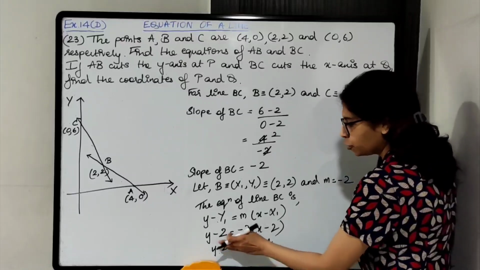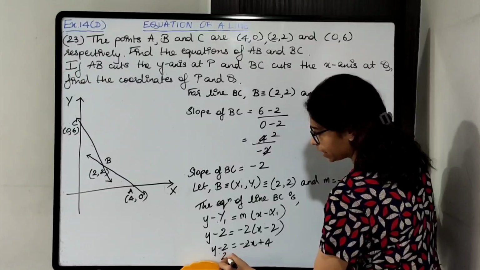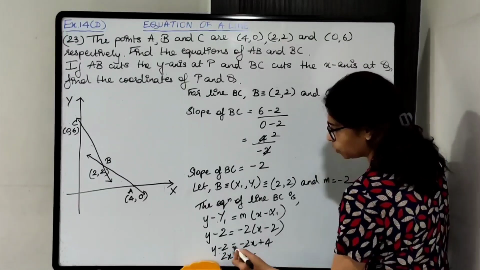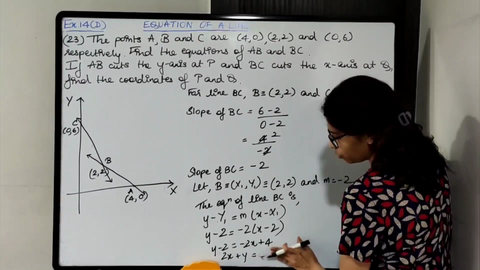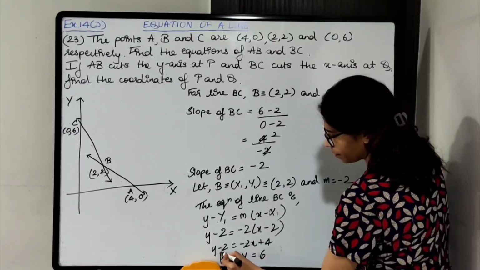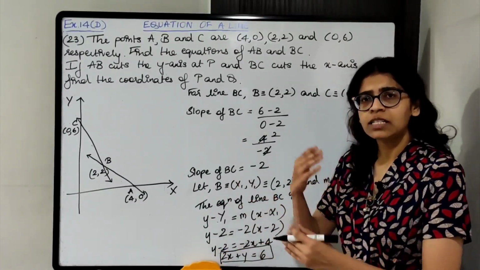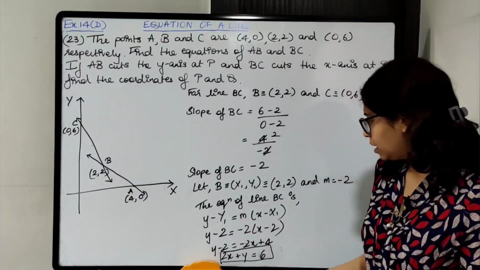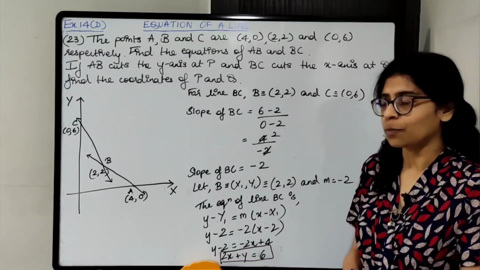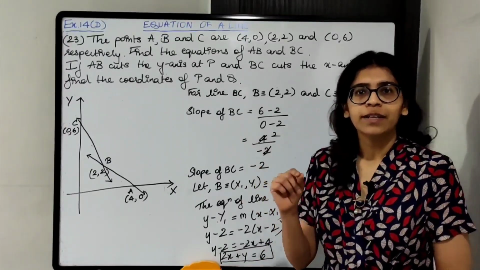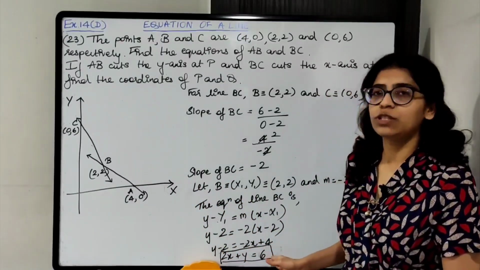2x negative है, so I am going to shift 2x over here and 2 we'll bring over here. So 2x plus y is equal to 4 plus 2 हो जाएगा, that gives 6. So 6 हो जाएगा. This will be the equation of line BC. You can bring it in standard form also. So standard form में it will be y equals to minus 2x plus 6. That will be the equation in standard form. Whichever you consider, box it and write down the final statement. The equation of line BC is 2x plus y equals to 6.